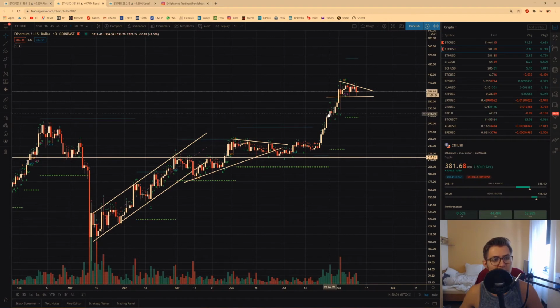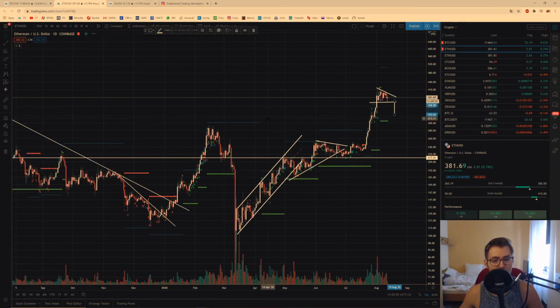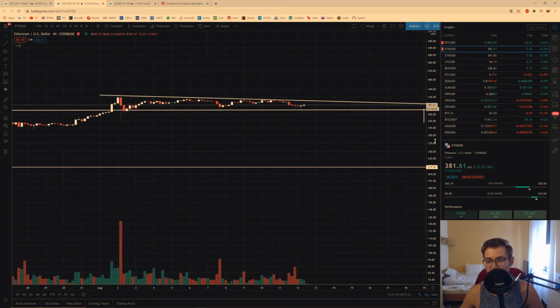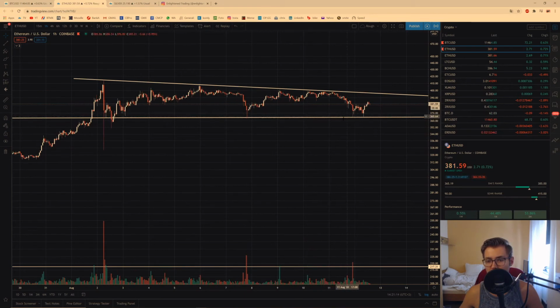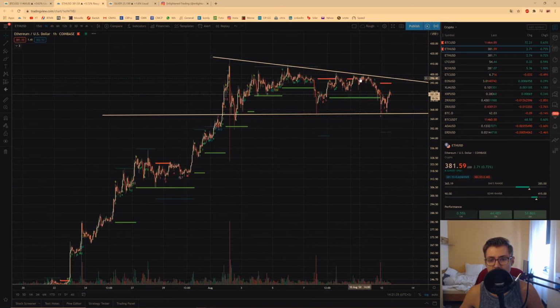So we still see the possibility for a descending triangle, which would bring prices down to approximately 325-ish for a retest, maybe even a retest down into these levels. But as you can see, we nicely already touched this very important level here, so there's a possibility that we actually see higher prices here on Ethereum. You can see these huge wicks to the downside, signaling still some buying pressure of the bulls, forming a double bottom. I don't like double bottoms. I do think they are usually meant to be broken, but maybe we can rally once again up to about $400, maybe even break this